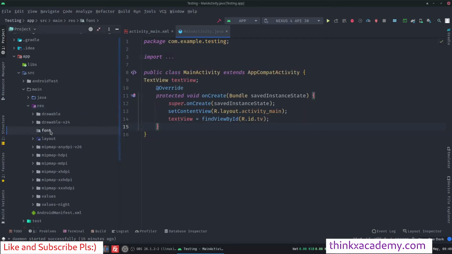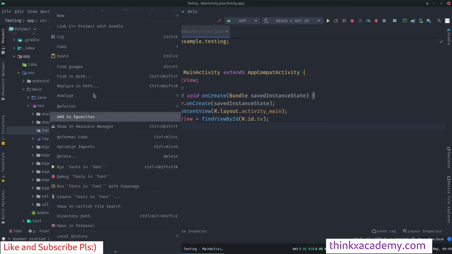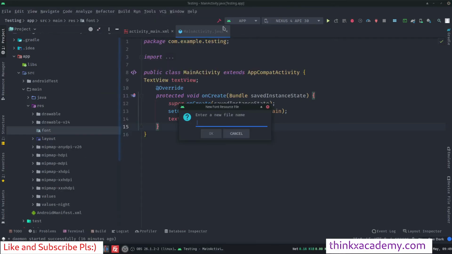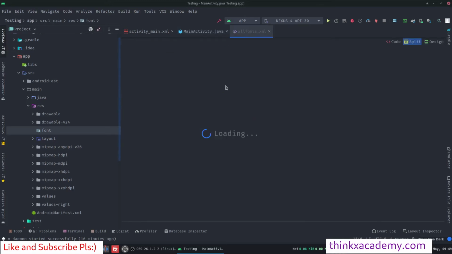And you can see now it has actually created a font directory. And we know that it is a font directory because you can see there is a capital A written on this very small icon here. So now I will again right click on this directory font. I will go to new, and here you can see it will show me a suggestion, font resource file. So I'm just going to click here and I'm going to name this file all fonts.